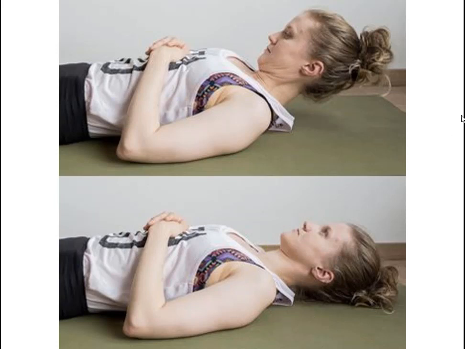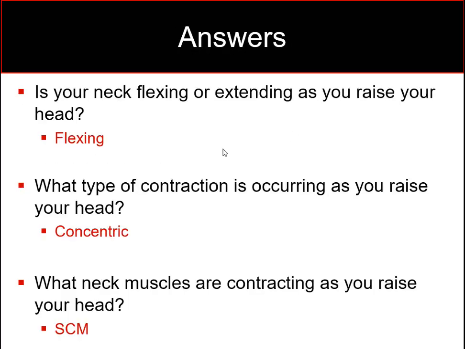Now, let's say the end of the table was right here and her head was free and was able to come back. Some books inappropriately wrote that as hyperextension, but that's just a continuation of cervical extension. But this is neutral at 0, and this is the start position. She's coming up into this position, cervical flexion. Gravity is trying to pull the head down. So that's a concentric contraction because you overcome gravity,